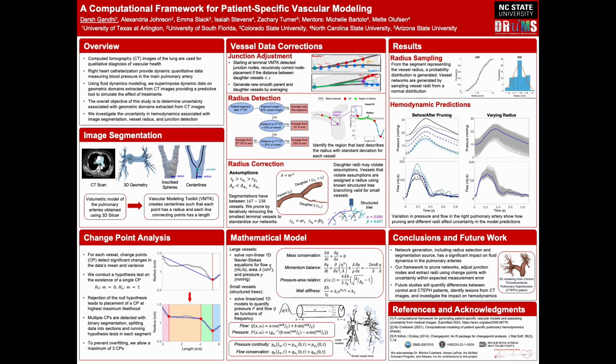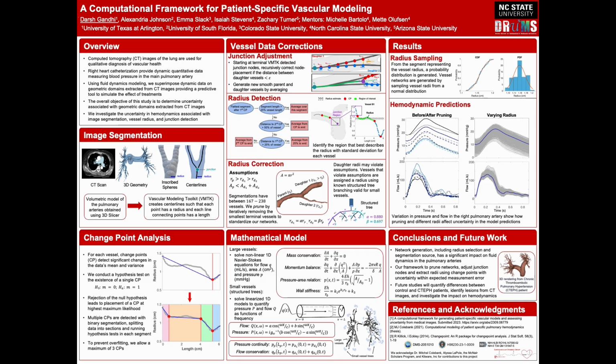Moving on to the junction adjustment algorithm, this is used to find the physiologically accurate length value for each vessel. So we look at nodes along sister vessels, and we have a distance epsilon determined by the length of the parent vessel. If the distance between the sister nodes is less than epsilon, then those nodes are actually believed to be part of the parent. So we find the midpoint between the 2 nodes and add that to the parent. We continue doing this until the distance between sister nodes is more than epsilon, and that's when we stop extending the parent and connect it to its daughters. So that gives us a physiologically accurate length value for each vessel, and it's pictured on the right in the